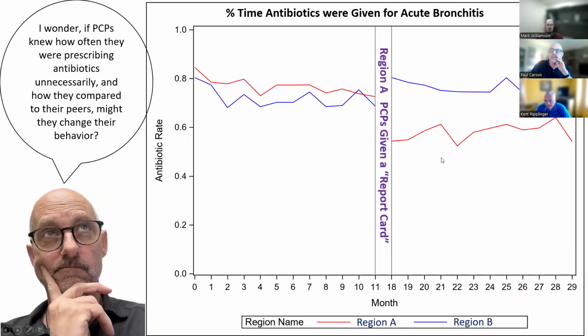This was another study on, and I know we're at 1 o'clock, a quasi-experimental study on antibiotic use in primary care providers where we gave them a report card, like how often are you given an antibiotic when you really shouldn't for something like what is essentially viral bronchitis? And we gave region A the report card, and we didn't give region B. This was Sanford Health, and there was a big drop in how often they gave an antibiotic after they saw